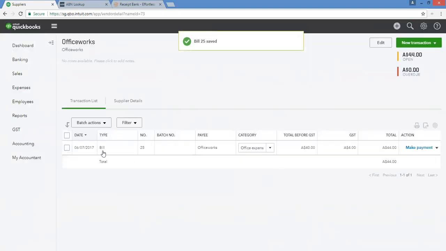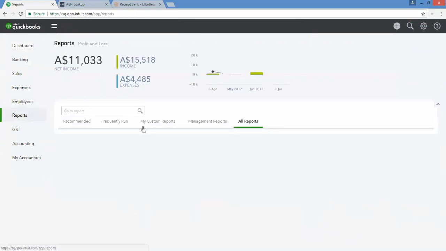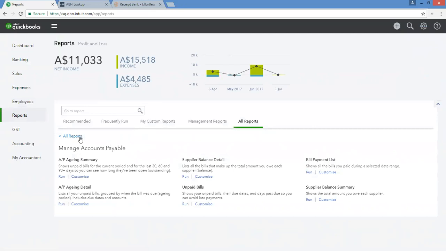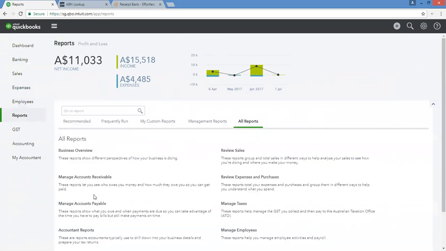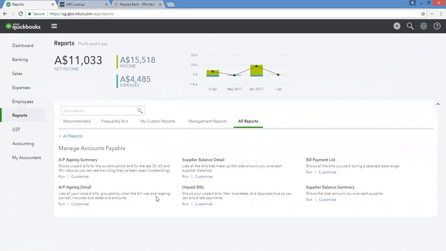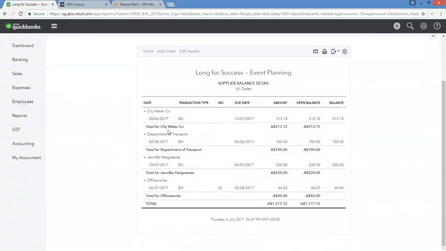So what we can see here is we've got our invoicing and the date that it went in. If we slip over to reports for a moment, and we'll go all reports, and we'll manage accounts payable. So this is everything you owe to suppliers. We can either look at supplier balance detail or the summary. It's easy to look at the detail and just make sure that there's a reason for those invoices being open